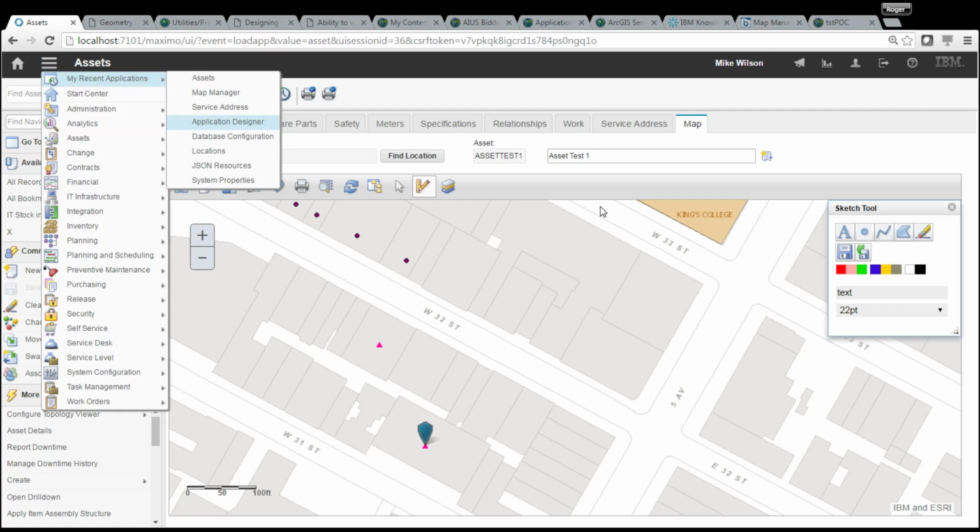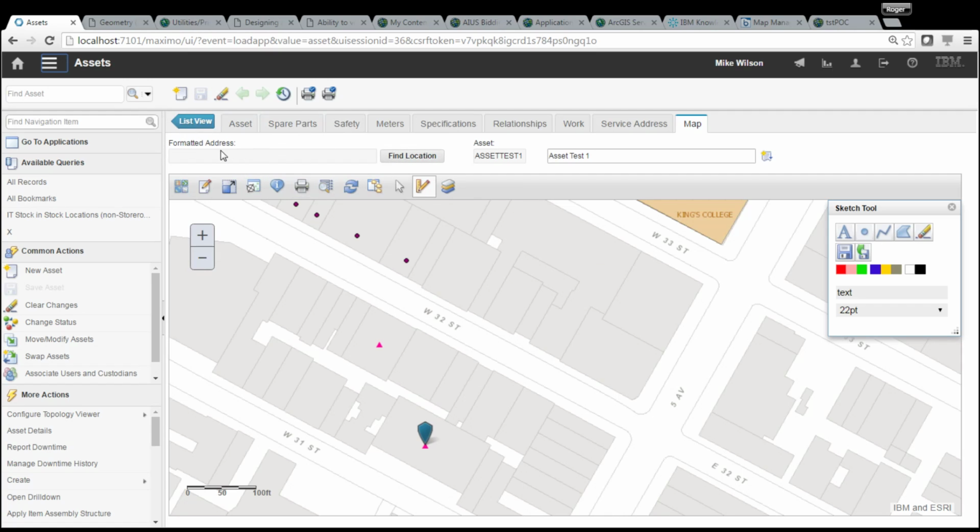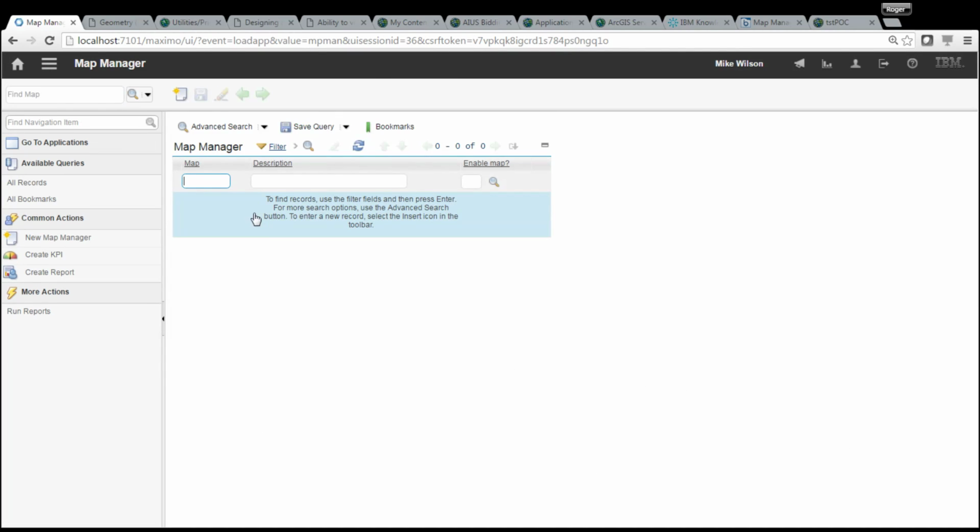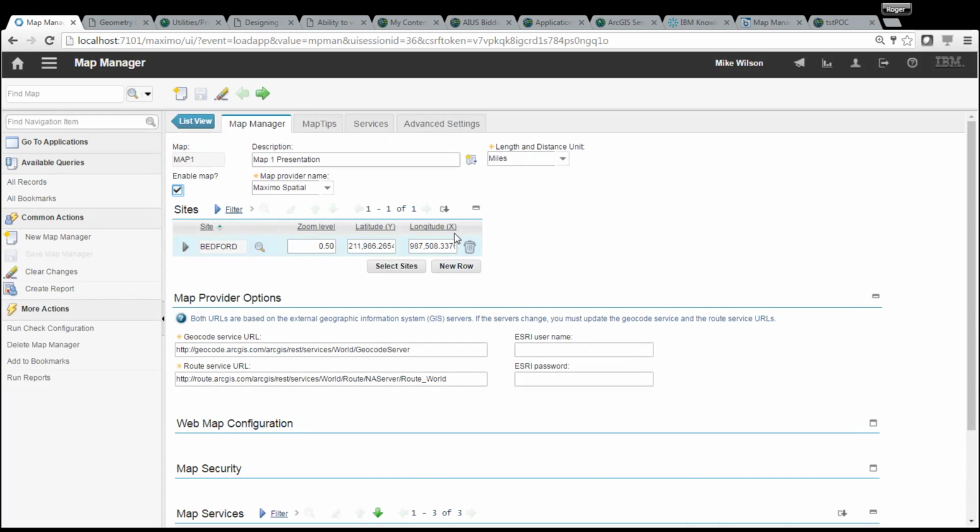Now what we're going to do, this geocode that's configured on the main tab, which I'll show you again in case you don't recall. This map manager, this is the geometry code service we're talking about. The usability of this URL is when you use a service address object. In other words, there must be a service address object in order for this to be enabled on the map. For example, when I go to assets,